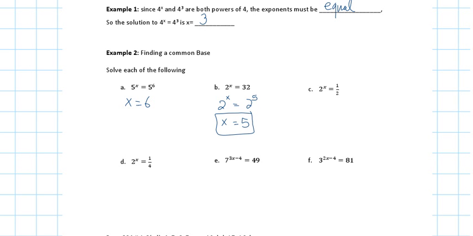Okay, how about this one? 2 to the power of x equals a half. 2 to the power of -1, do we agree? Can I change this to 2 to the power of -1? Yes. Why? It's 1 over 2 to the power of 1. What do we know about something like this? To make it positive, what do we do? Flip and make the exponent positive, no? Okay, I have the same base, so I can drop the base, and I'll have